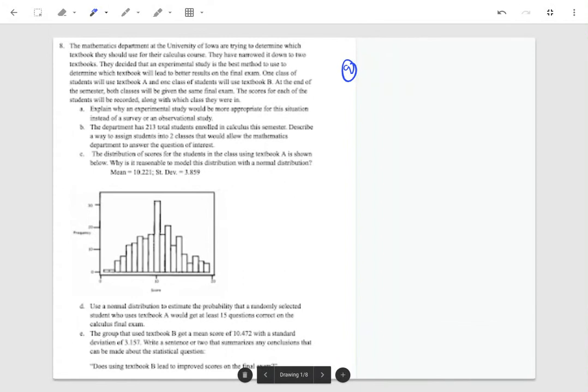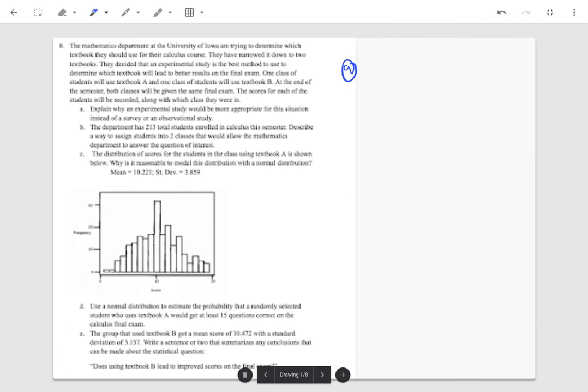One class of students will use textbook A, and one class of students will use textbook B. At the end of the semester, both classes will be given the same final exam. The scores for each of the students will be recorded along with which class they were in. A. Explain why an experimental study would be more appropriate for this situation instead of a survey or an observational